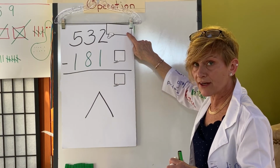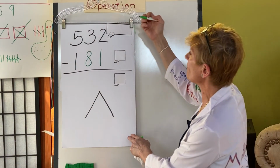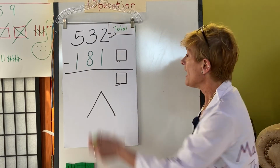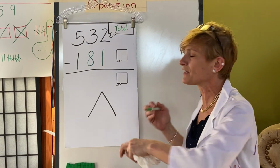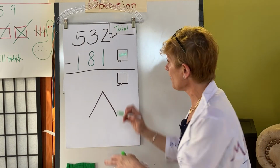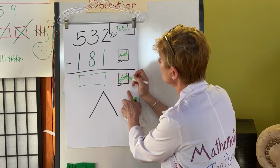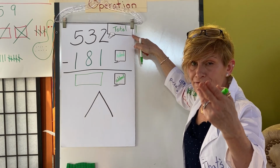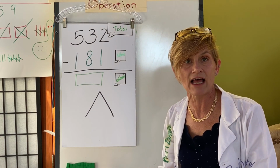Am I looking at a total here? I hope so, because the operation is subtraction. So I know that 532 is the total. And then 181, if I'm taking from the total, I'm removing an add-in. And if I don't know the other unknown add-in, this is the add-in. You might say, Mrs. Seitz, I'm looking for the total. No, you are not. You know the total. The total is 532. I have 532 stickers. I used 181. How many stickers do I have left? You're looking for